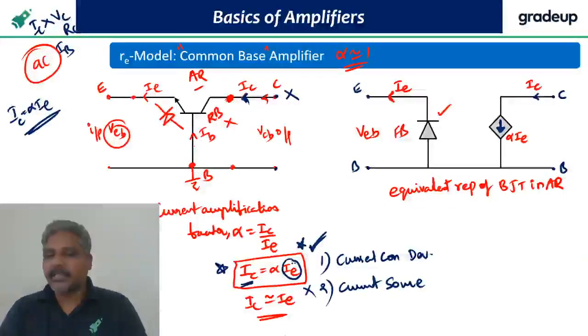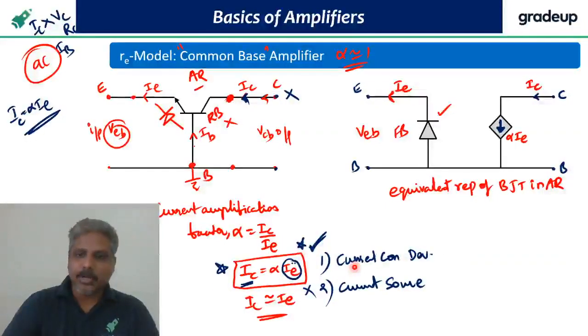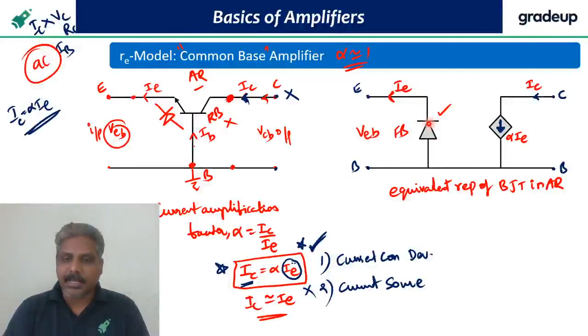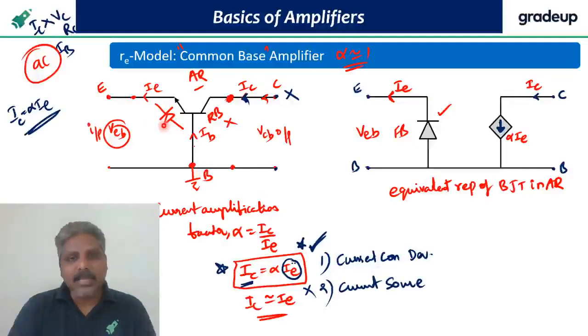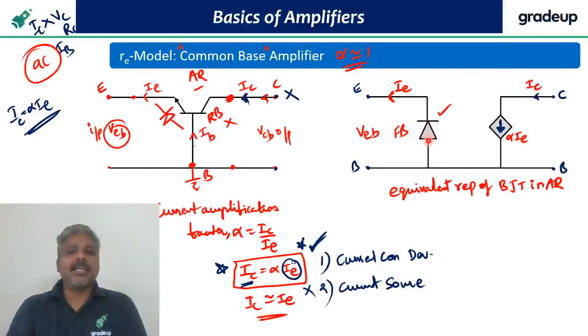Jishan is asking how there is a diode here. Actually, there is no diode connected here. But we know this is the base-emitter junction, and a transistor has two junctions. One of the junctions is forward biased and it behaves like a diode. So symbolically I represented it like a diode, but it is actually a PN junction, and a PN junction is just like a diode. It is not a physical diode; the behavior of the junction is like a diode, and it is forward biased already.